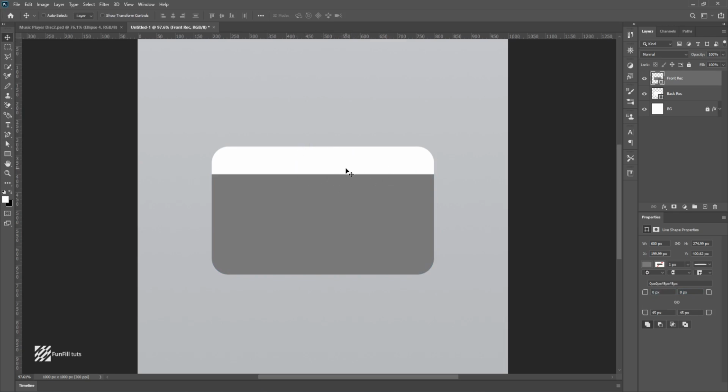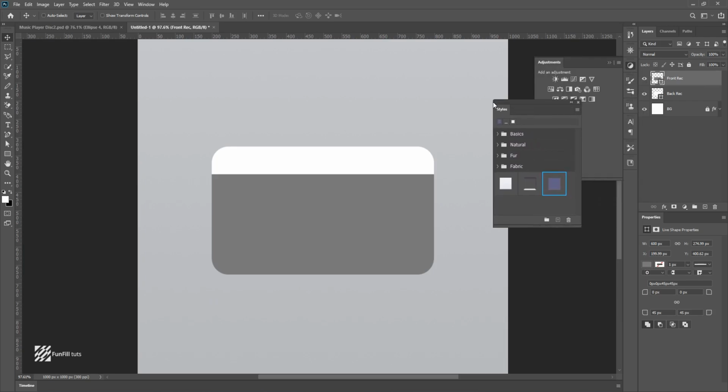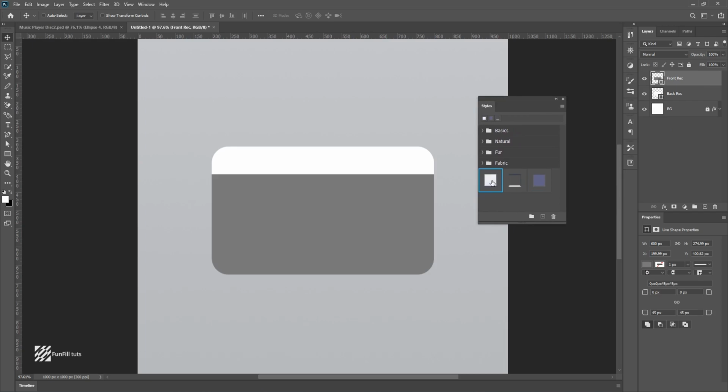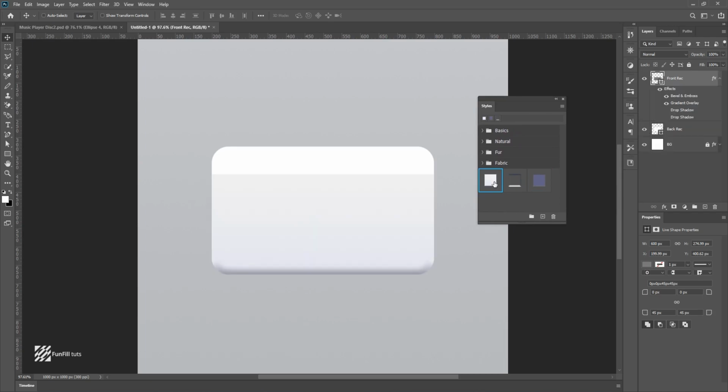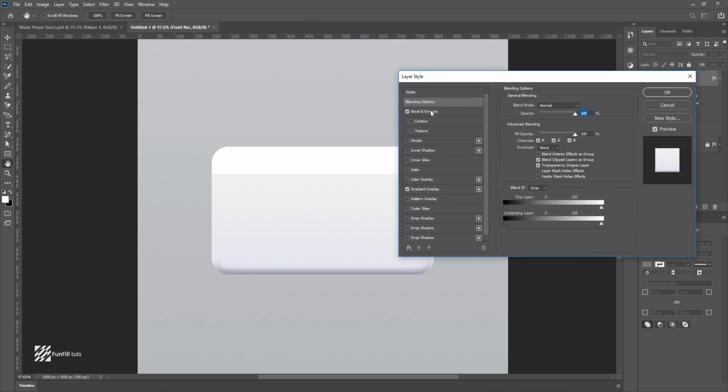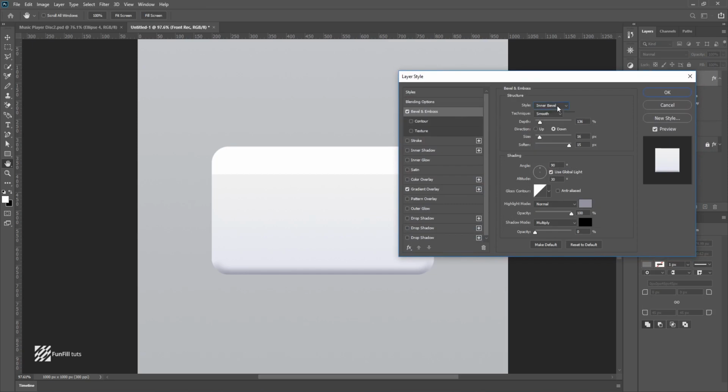Now it is time to apply the effects. I have already prepared the effects for the sake of time. I will apply the effect and then double-click on the layer to open Layer Styles. Copy these settings. Click on Bevel and Emboss and set the style to Inner Bevel, the technique to Smooth, depth to 136, direction to Down, size to 16, soften to 15, angle to 90, altitude to 30, check the global